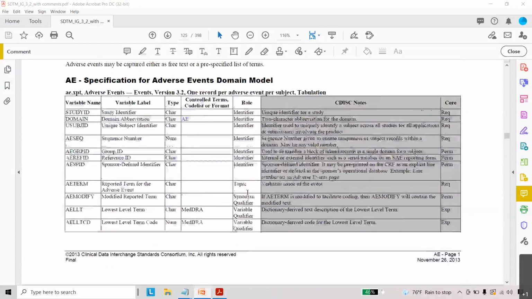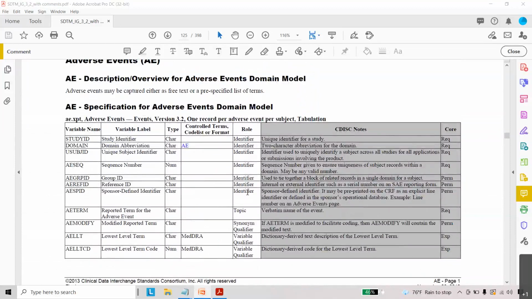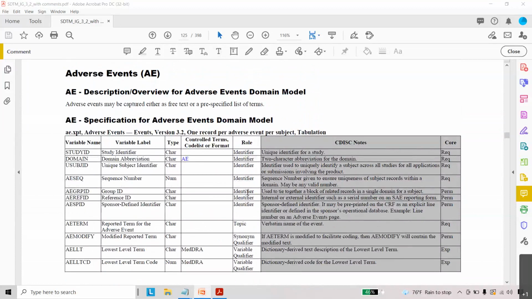It is very important that we have a good understanding of the variables, because when we complete the adverse event domain at the SDTM level, we will call it ADAE at the ADaM level, and based on the ADaM datasets we will make a good number of tables as per the study requirement.